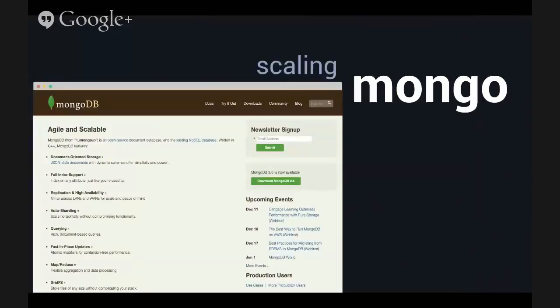All right, so the other part of this talk is scaling. I think the biggest piece for scaling when it comes to Meteor is Mongo itself. And in 0.7 they added oplog support, and basically that's a fancy way to say that you're going to set up a Mongo replica, and you have a